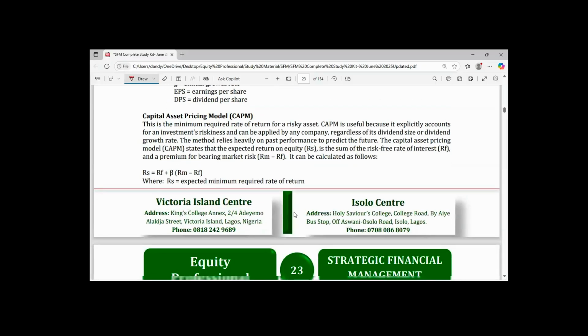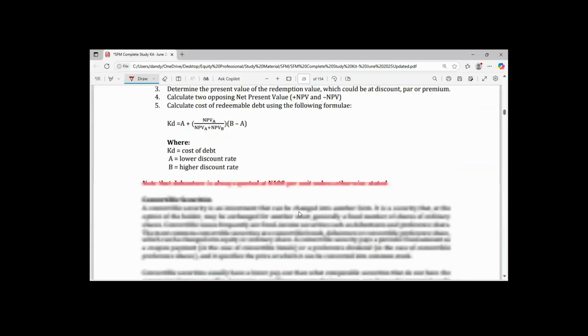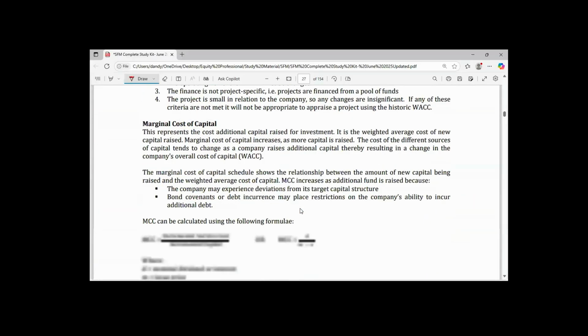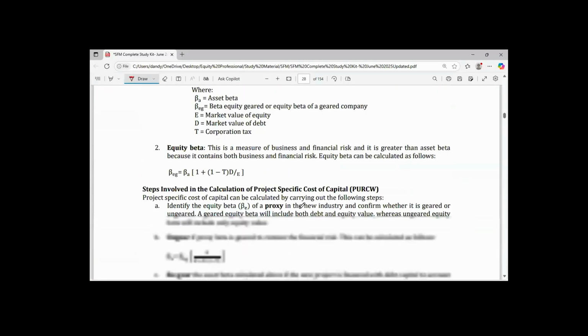So in that case, before we move to cost of preference share, let's have a short example just to demonstrate what we did last time. And again, for the benefit of those that are just joining today, they will be able to learn one or two things from what we did last time. In case you have any question for me, always raise your hand. I will attend to you. So let's quickly have short examples to drive the points.